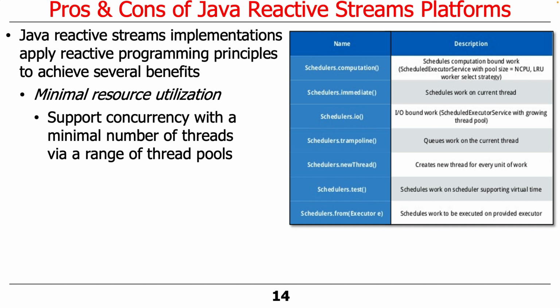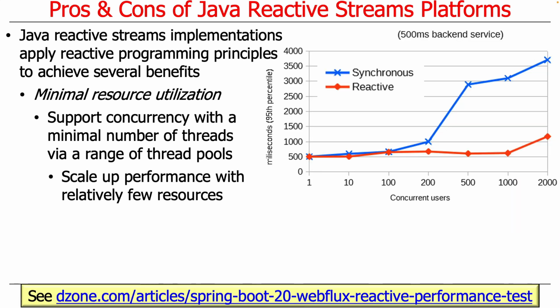And they wanted to be able to get maximal utilization of their hardware, because every time they added new subscribers, they didn't want to have to go out and buy more and more servers. So the idea here is to support concurrency with a minimal number of threads using a range of thread pools. So here's, for example, the RxJava thread pools, as we talked about before, and Project Reactor has very similar ones. The goal here was to scale up performance with